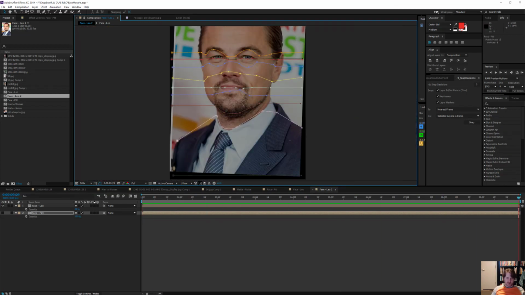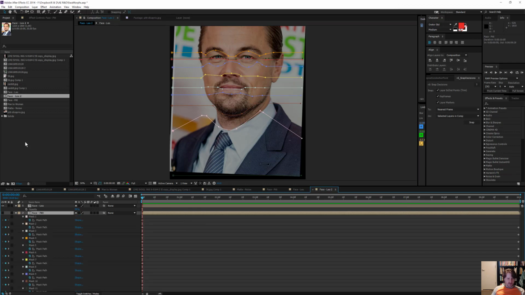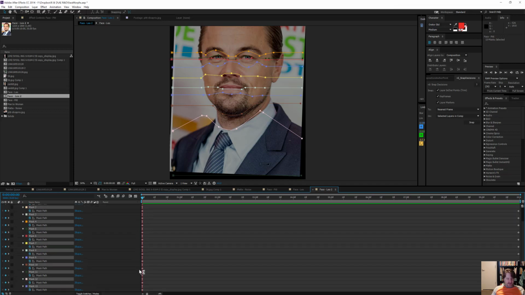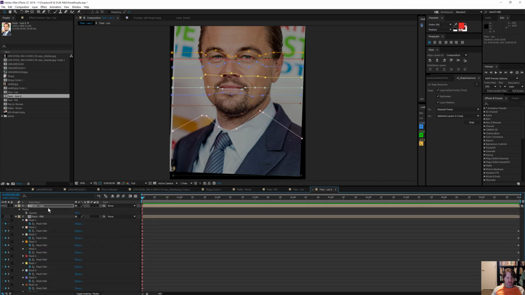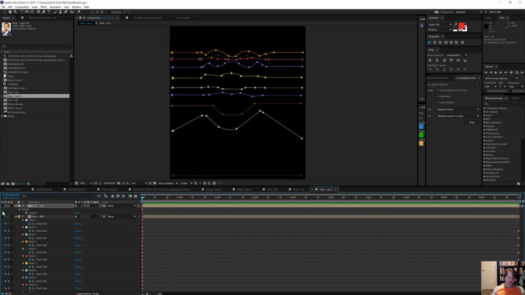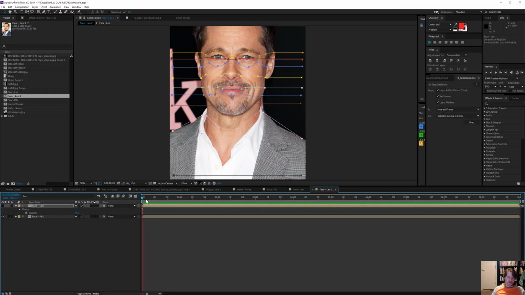Okay, so this is our initial morph, and this is probably what you're here for. This is where I'll fast forward to for a short version. We have all these masks on just one face, but what we need to do is put them on both faces. So you're just going to select all your masks, go to frame 0 or frame 1, and you're going to paste them onto Leo. So they're in the wrong position, and they go to his right position. And for the Brad Pitt image, they are in the correct position and they go to the wrong position, or to where